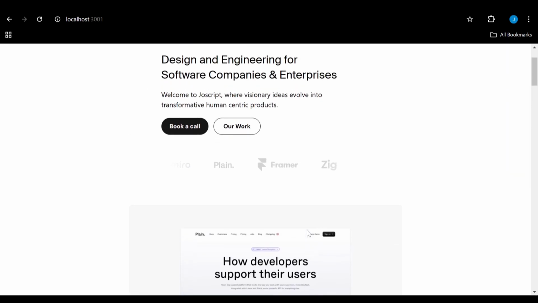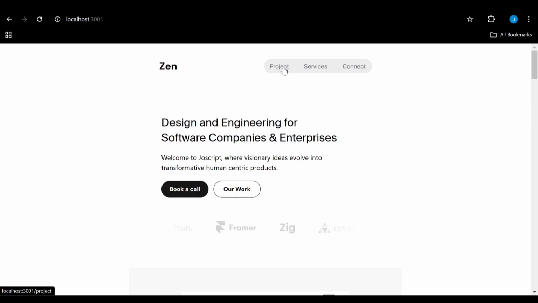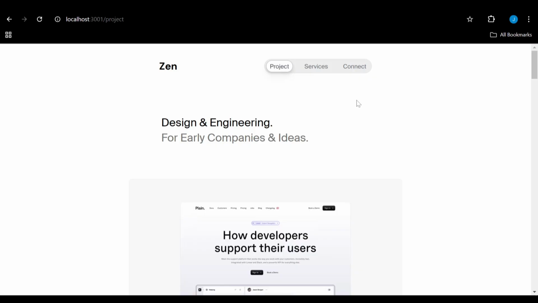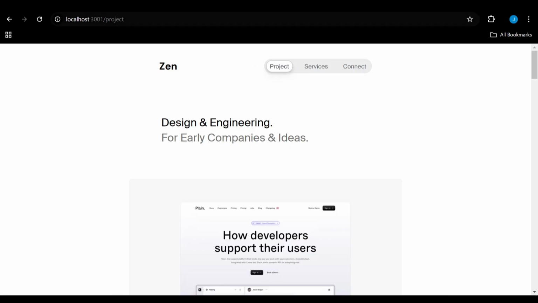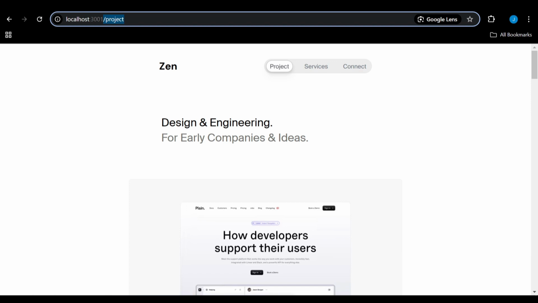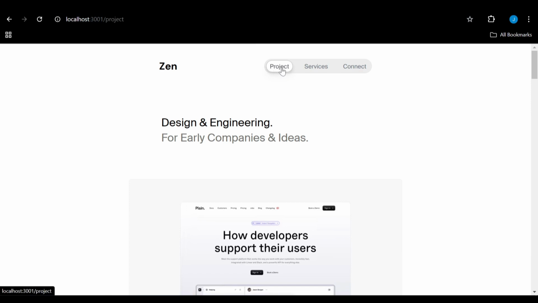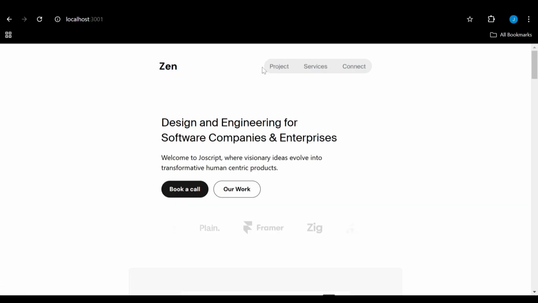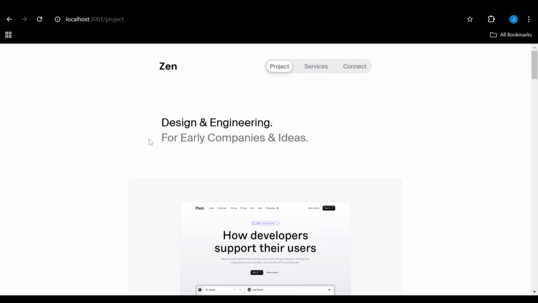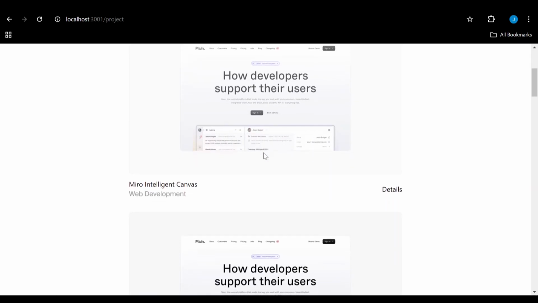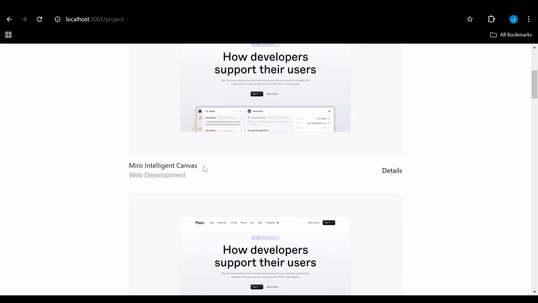But let's go back straight to the top and click on projects. Right here, as you can see, the URL changes, and also this tab became active. The first time the tab wasn't active, but once I click on it, it became active. And you can see it has a title, design and engineering for companies and ideas. So when you click on it, as you can see, it has a little bit of title and a little bit of